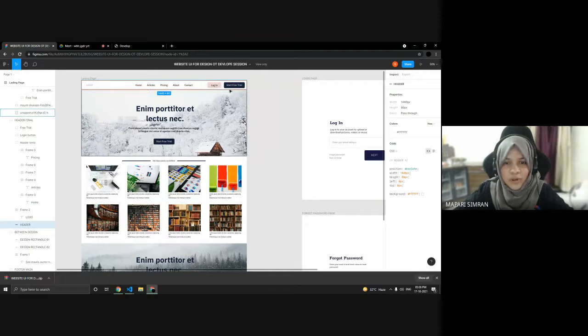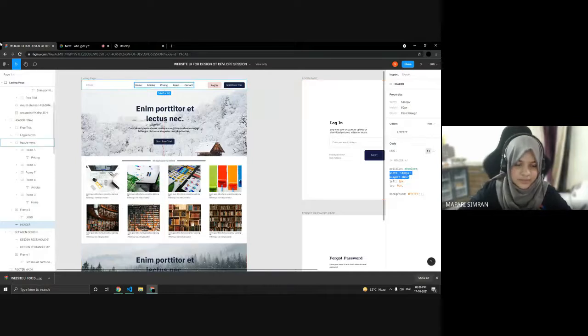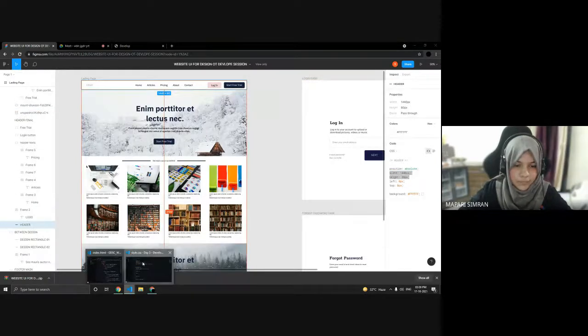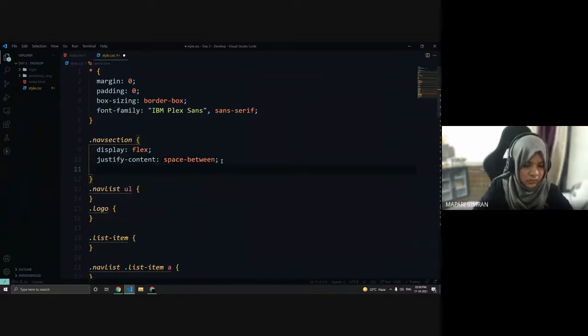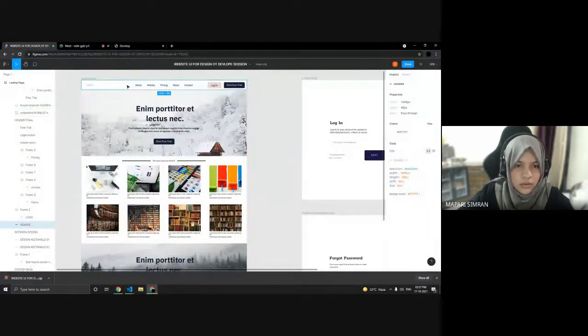But my laptop screen width is more than that, so I'll give a minimum width so that it occupies the whole screen. Let's Control C that and Control V. It's 80.